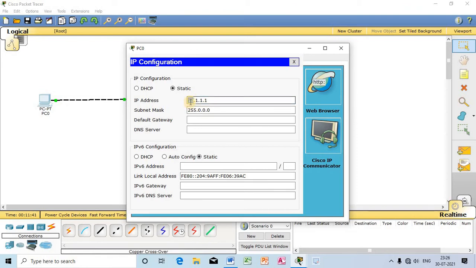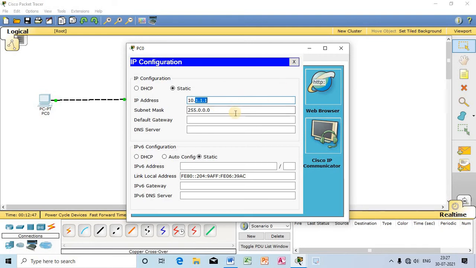So this 32-bit IP address is separated into two parts. The first part, 10, is the network, and the next three parts, 1.1.1, belong to the host address. As I have told you, in the class A category only the first field belongs to the network, and the rest of the three fields belong to the host address.